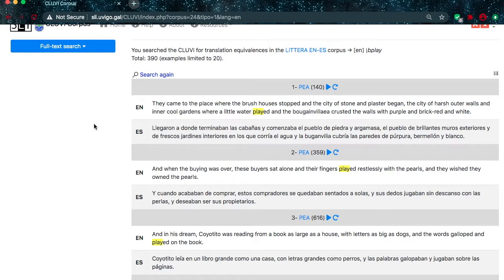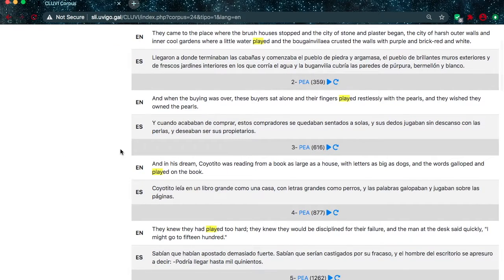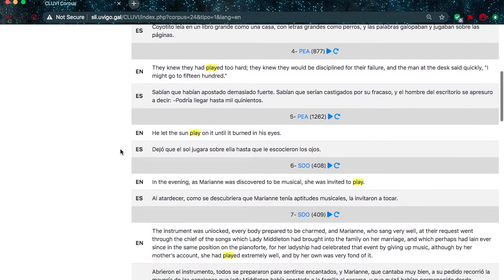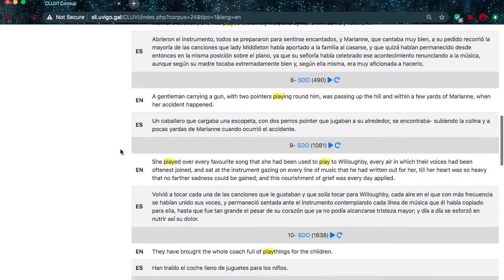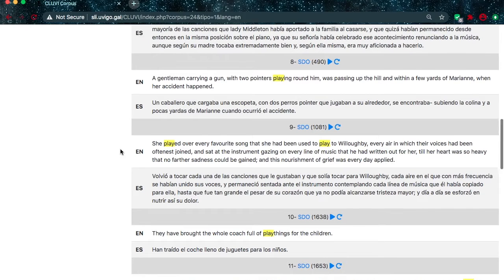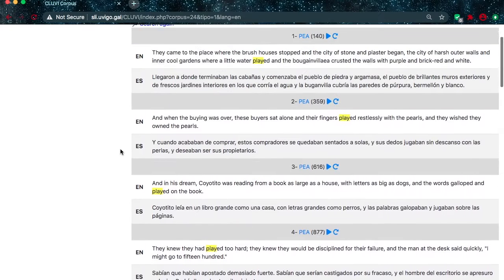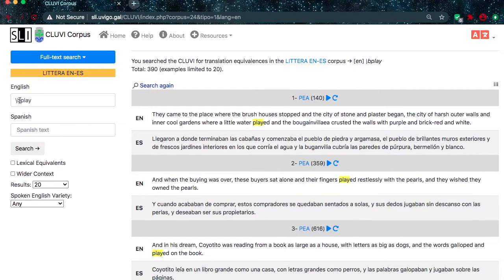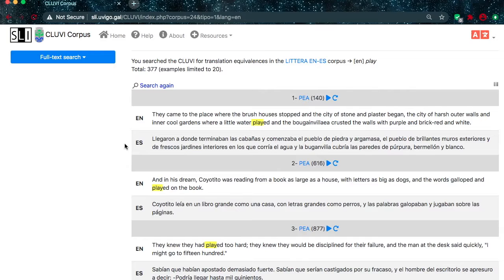A backward slash and B create a word boundary. Therefore, words like display do not appear in the results because we have placed a boundary there. However, words like played or playing will still appear in the results because we haven't set a boundary at the end of the word. We could also put a space before the word instead of a boundary, but that won't count any words at the beginning of a translation unit or a quote. Therefore, a boundary is placed to include all instances, regardless of what precedes it.